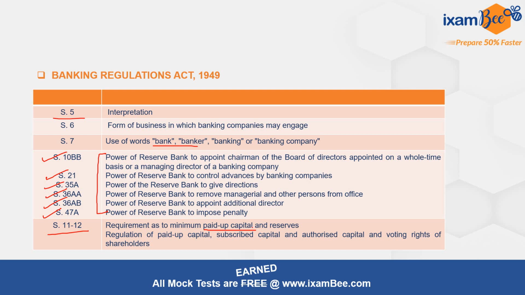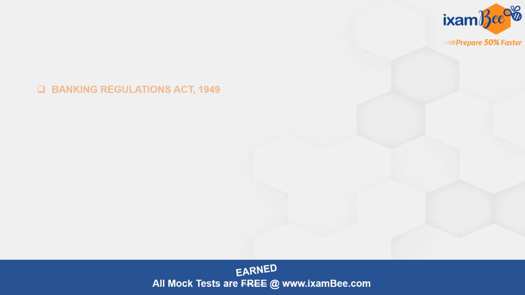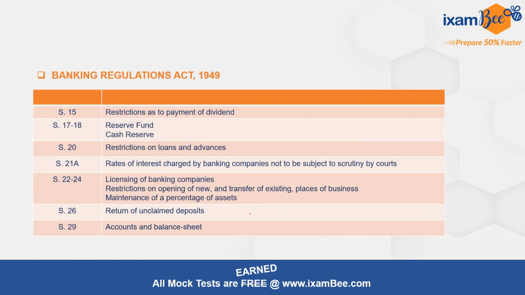All those aspects have been covered under section 12. तो ये दो important sections again आपके यहाँ पे हैं. Moving ahead, you can see section 15 that is talking about there are certain restrictions with respect to the banking companies going ahead and paying the dividend to its shareholders. So वो कौन कौन से restrictions हैं that are there with respect to payment of dividend, section 15 में है,